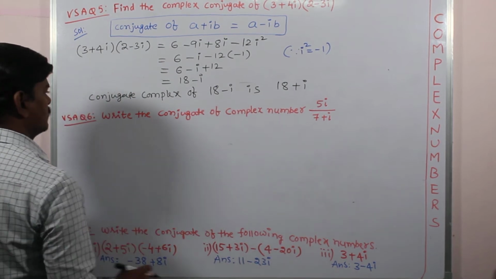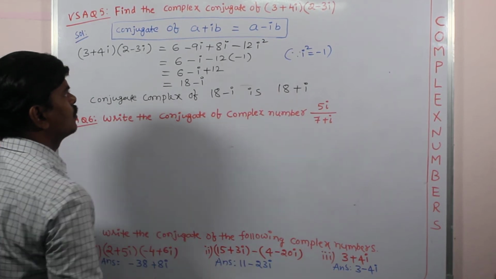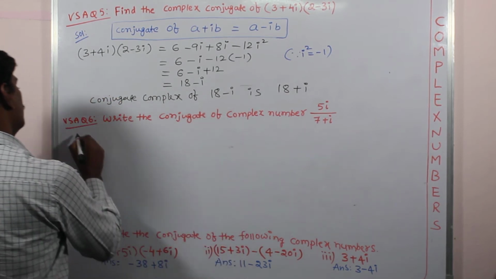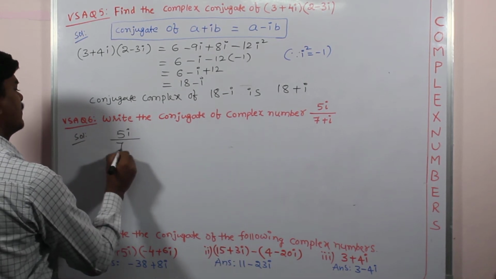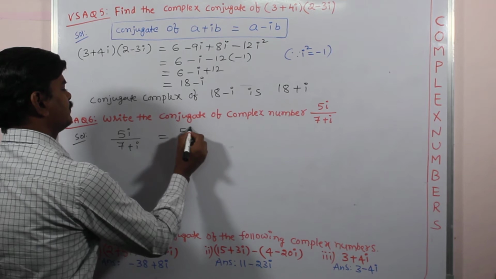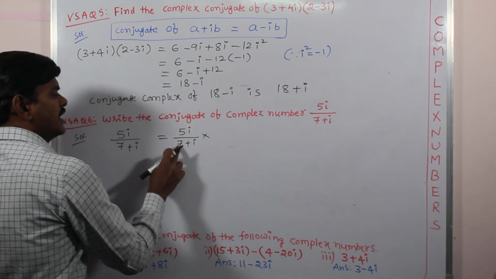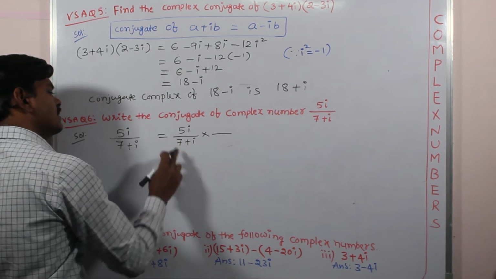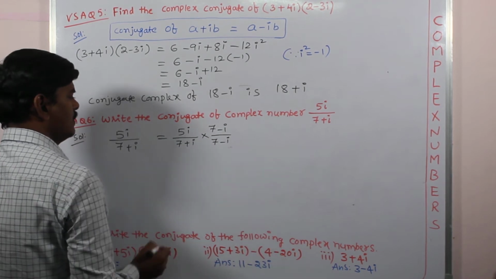Now moving on to the next question, similar to this one. This time in the question we don't have a plus iota b form. So I told you whatever form may be given in the question, we should convert it into a plus iota b form. So let us consider the given complex number and simplify it. We have a division of two complex numbers, as you know already. So always we proceed with the rationalization of the denominator. In the numerator we have 7 plus iota. Multiply and divide with its conjugate. 7 plus iota conjugate is 7 minus iota. So multiply and divide by 7 minus iota.